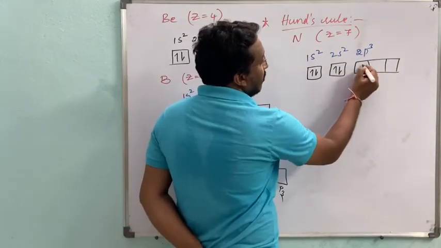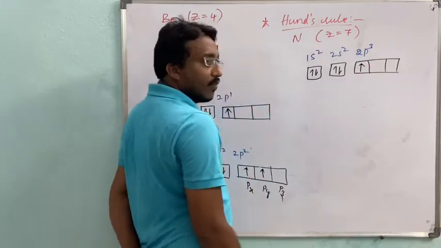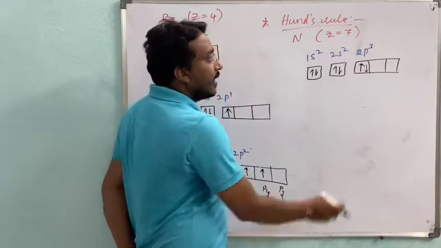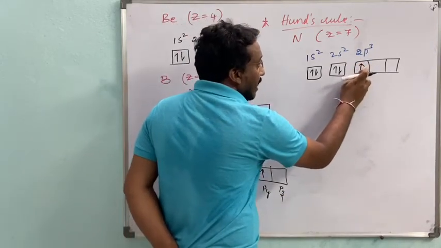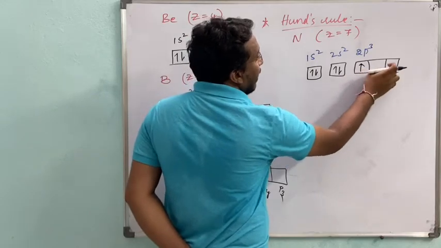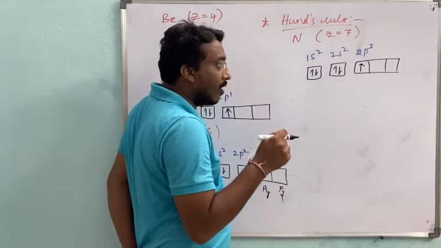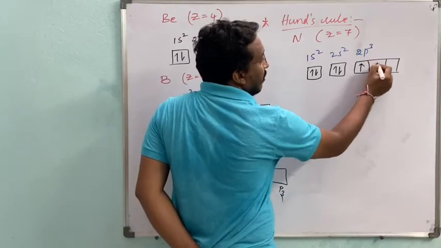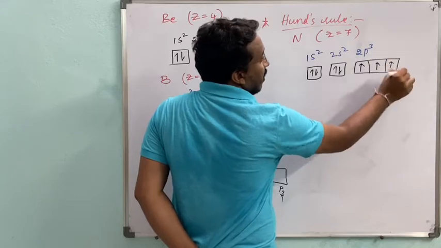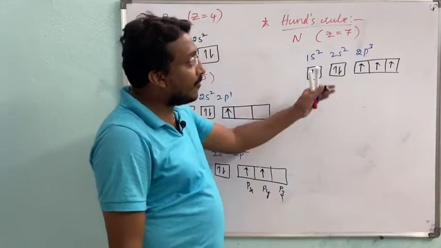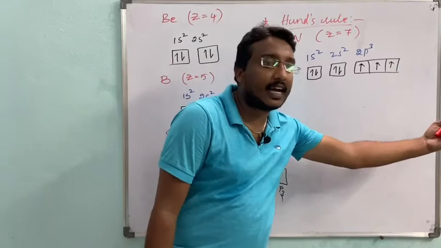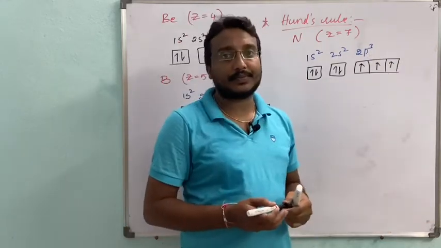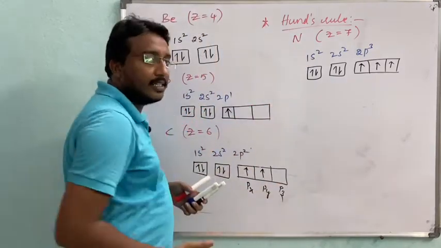Here 3 electrons, no? Then first one we have to fill here, and next one we should not start pairing. Hund's rule says that all the degenerate orbitals are first occupied by 1 electron each, then 3p. If you have one more extra electron, that electron starts pairing with the other electrons in the degenerate orbitals.